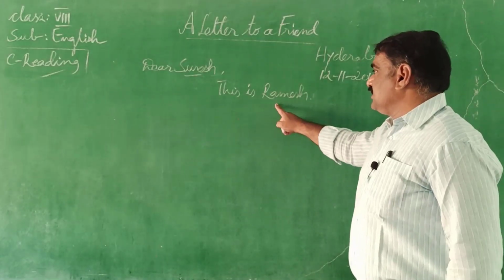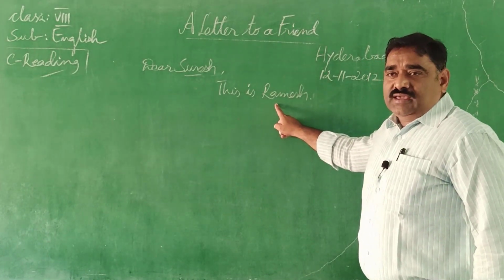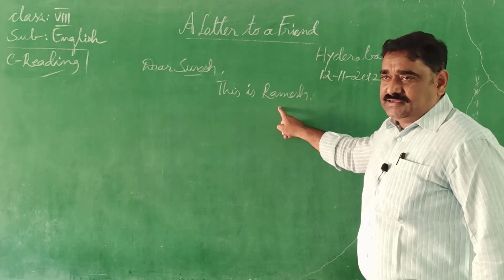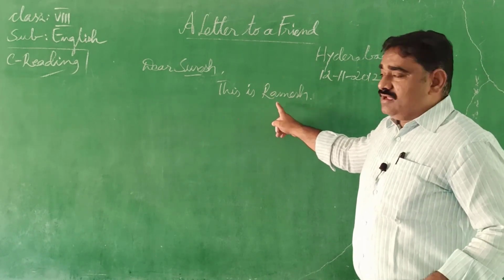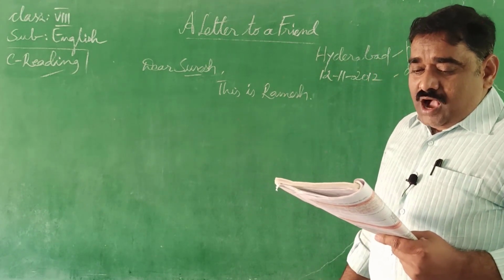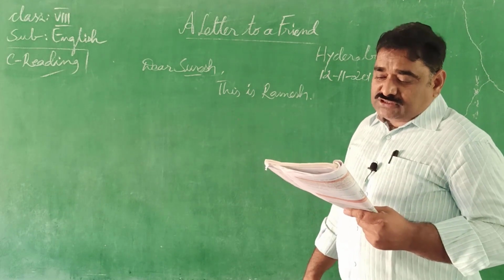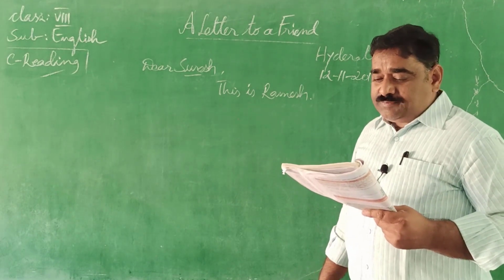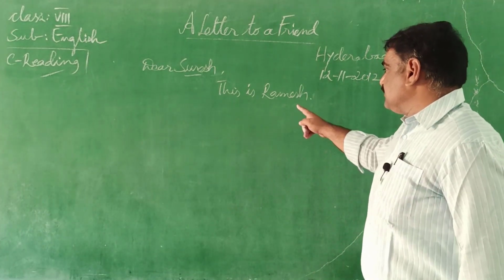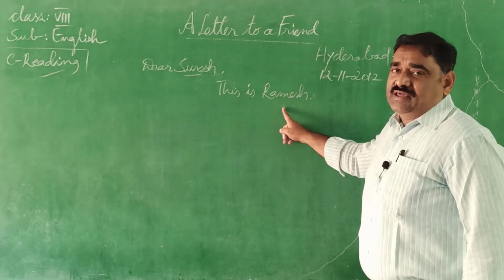So not only daytime, but also in the night even. Especially on a full moon night, they used to play together. That thing is also mentioned in the first paragraph. Our grandma used to give us fruit and biscuits. Our grandpa used to tell us fairy tales. So these are the remembrances from Ramesh's grandparents.